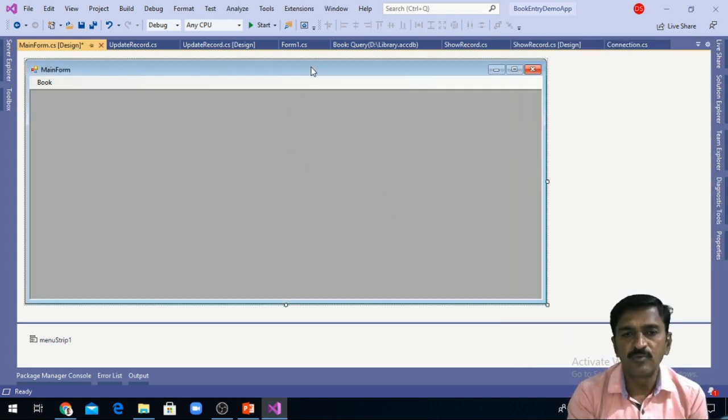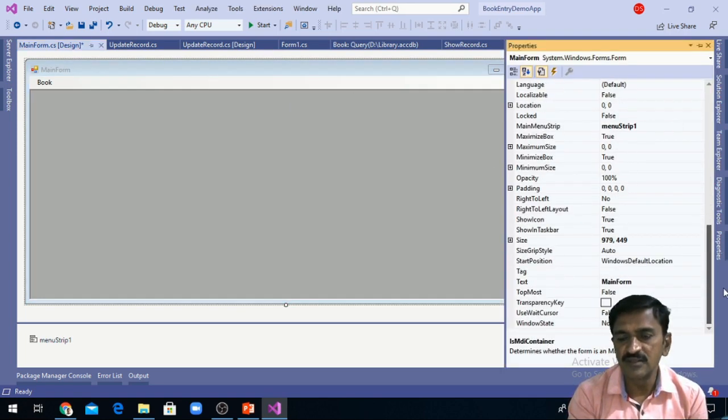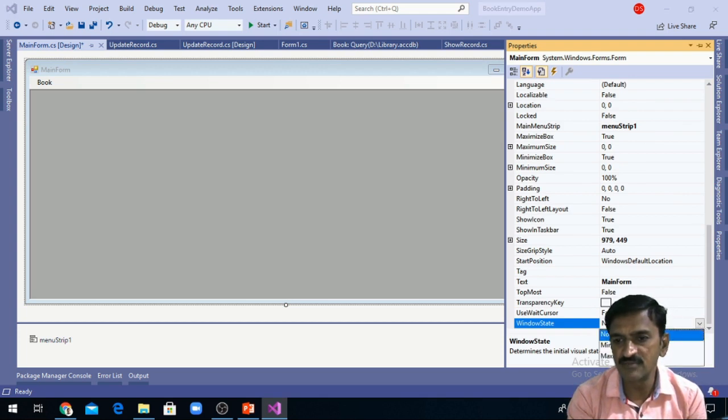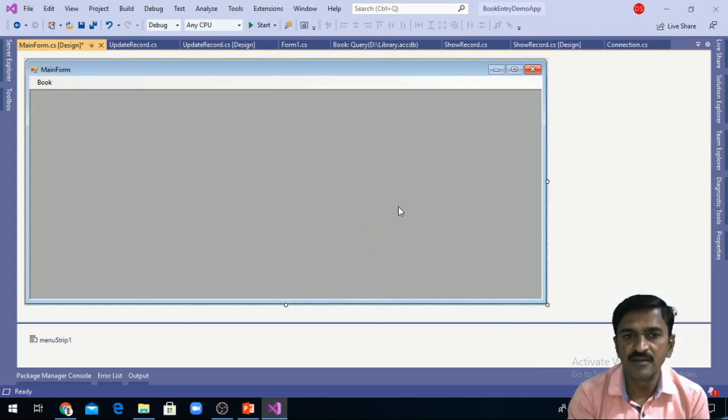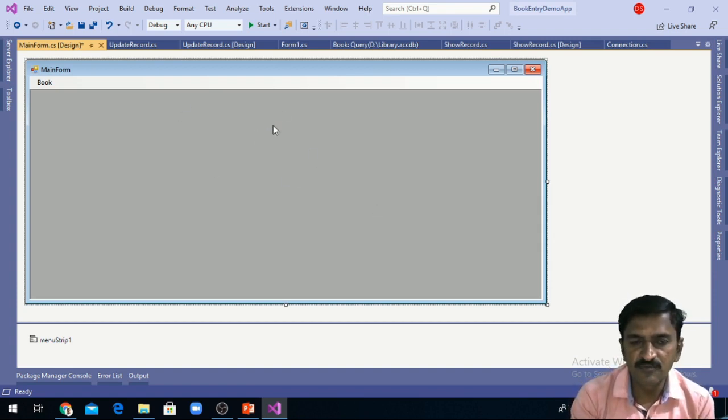I want to open this form in maximized mode once I run the program. So I'm specifying the WindowState as Maximized, and I want to run this form first.